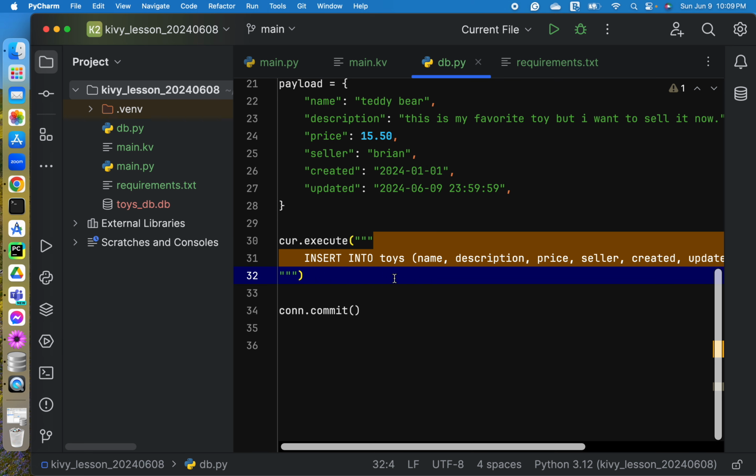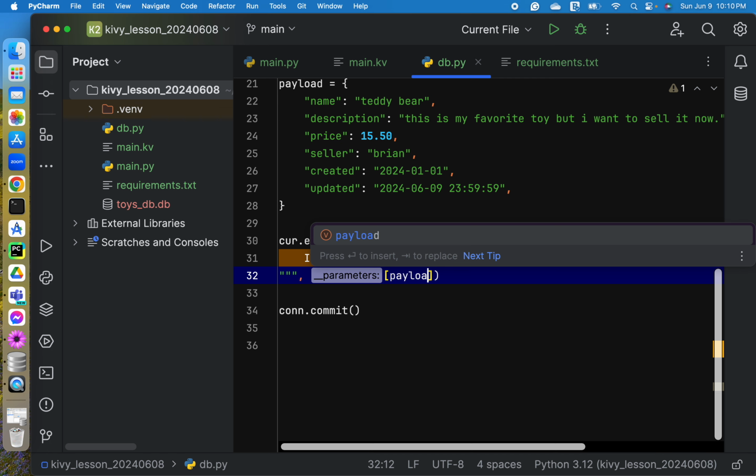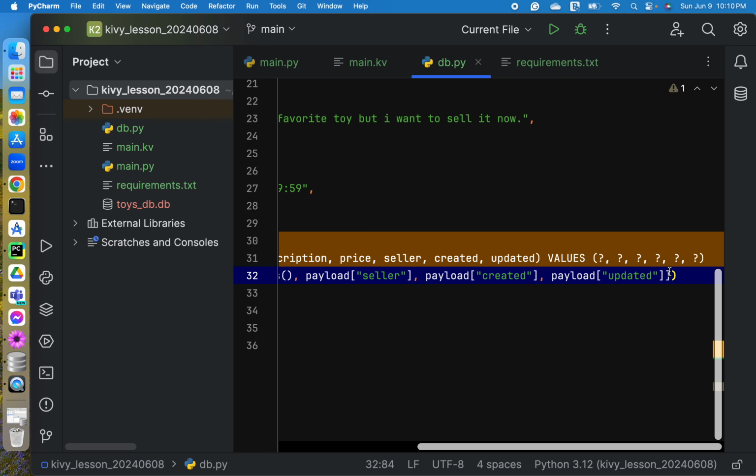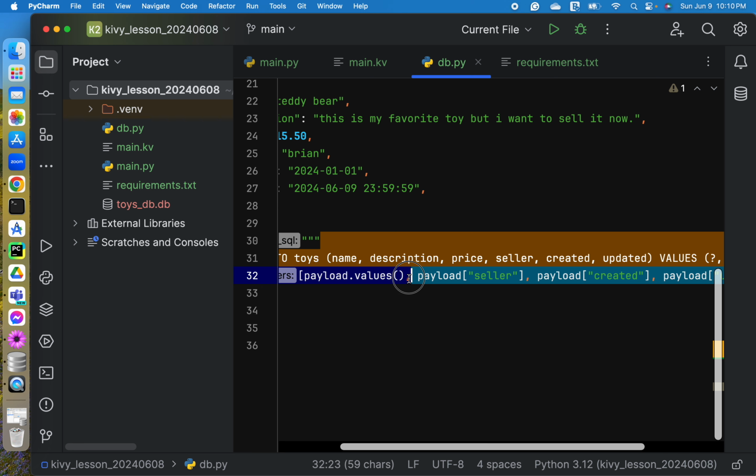So in the execute method, the first parameter is the SQL statement or the query. We have another parameter for the payload. Okay, so for the payload, we only need the values.